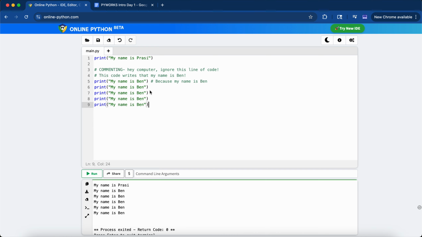And if he goes to a formal event, he doesn't want to introduce himself as Ben. No, that's too casual. He wants to introduce himself as Benjamin, his full name. So now we're just gonna have to go through and copy paste Benjamin instead of Ben into every instance of when we wrote my name is Ben instead of my name is Benjamin,